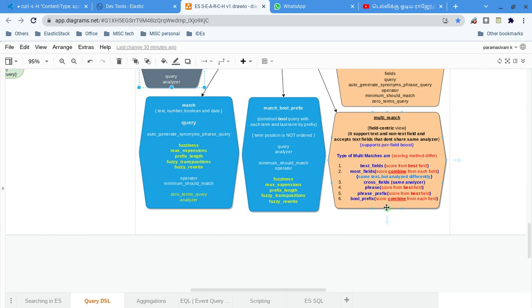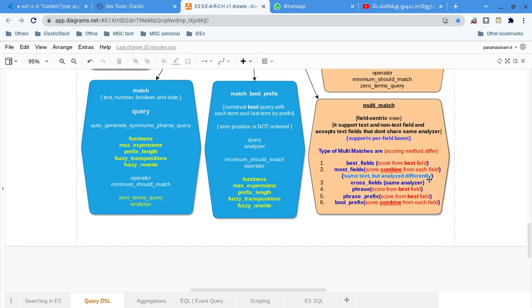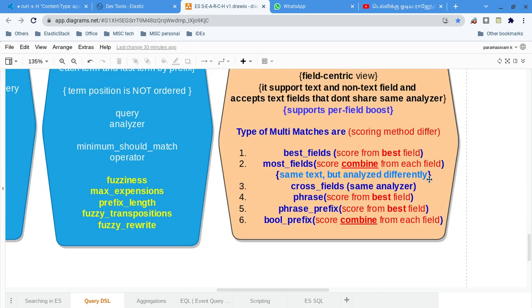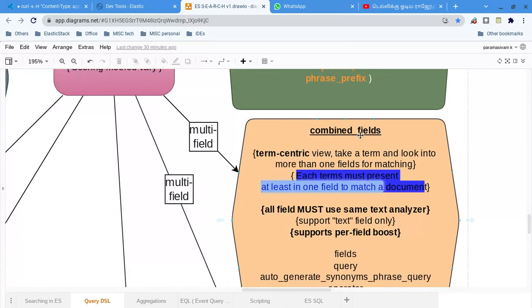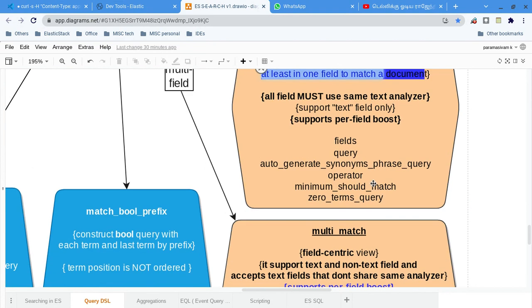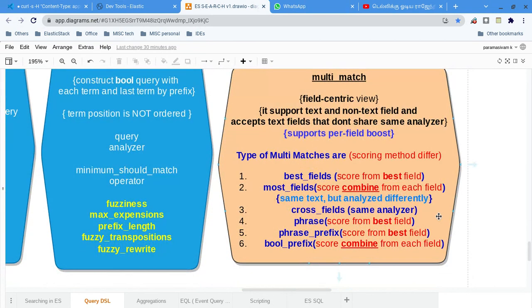Cross fields is very lengthy, but one thing I can tell you is that it needs the same analyzer. To work with cross fields, all the columns have to use the same analyzer. That is the requirement for the combined field. Why?